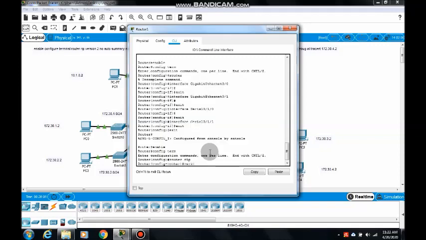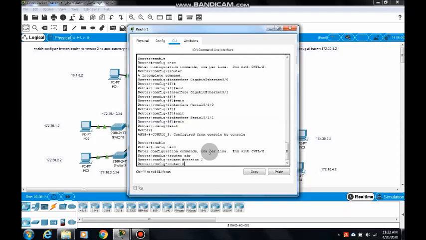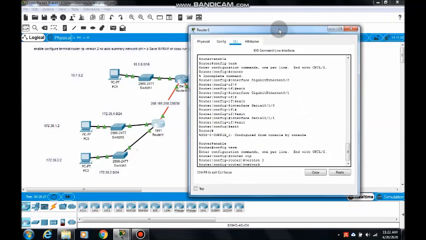So we are going to test RIP version 2, so give the command version 2. Next we have to give the network command. The network command is used to configure all the networks connected with this router.